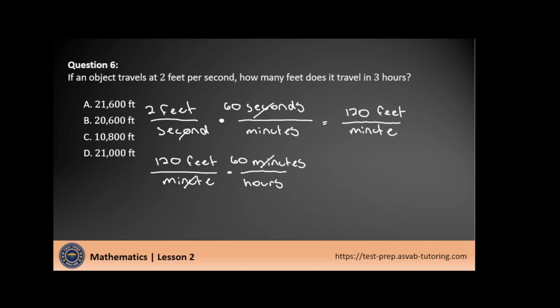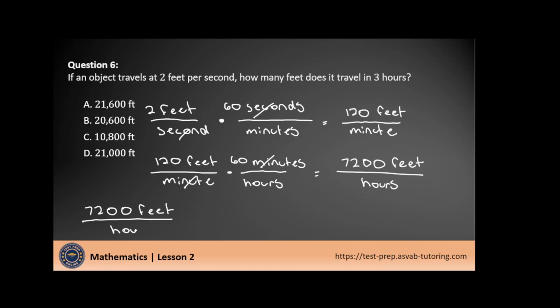Those cancel out. 12 times 6 is 72. Add the zeros, right? Instead of 12 and 6, it was 120 and 60. So that's going to be 2 zeros. Minutes canceled out, so in the numerator we have feet, and in the denominator we have hours. We now have 7,200 feet